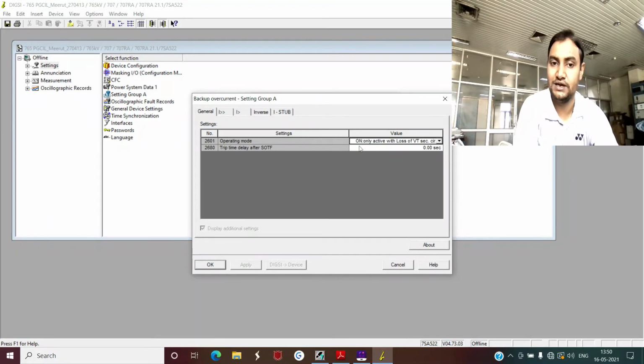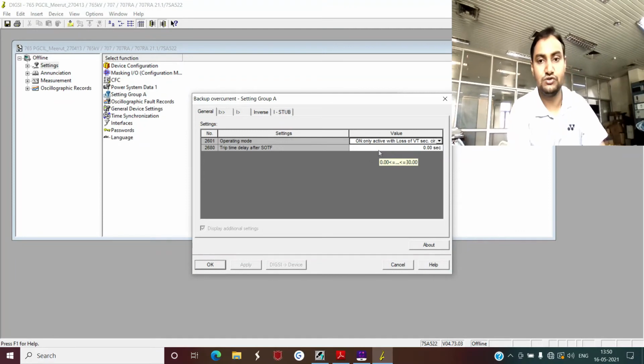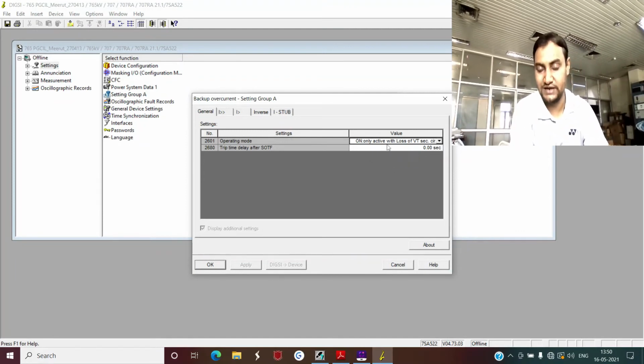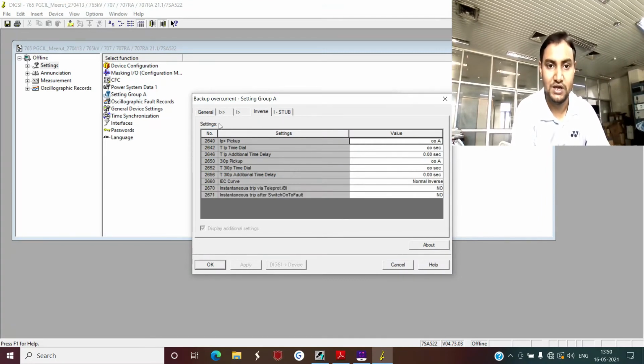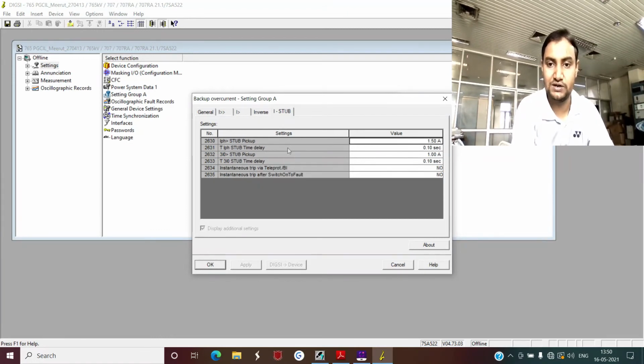Now in this case, when we are activating this signal, it is basically active with loss of VT circuit. So when your VT circuit, that is the line isolator, is open, at that point of time you have simply set your backup overcurrent protection to be active, because now your distance protection will not work. And then you have to set some time delay and some current settings for this stub. There you have many settings available, but the only setting applicable for us is I stub. And what is important for us are these two settings: I stub pickup, that is the current magnitude, which is 1.5 ampere in the case of secondary, and this time delay of 100 millisecond.